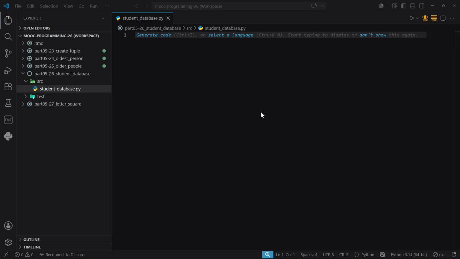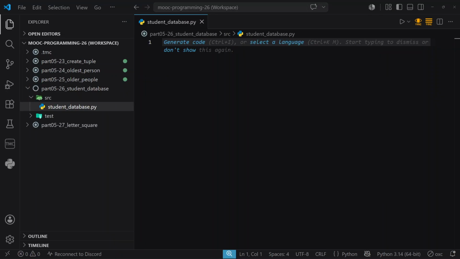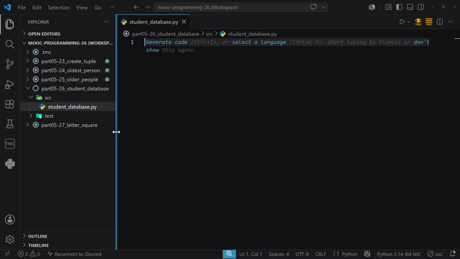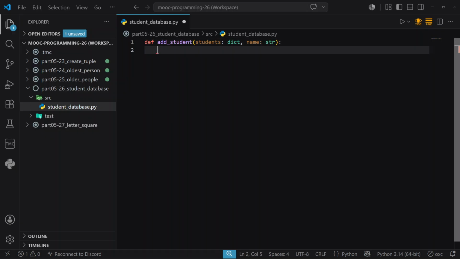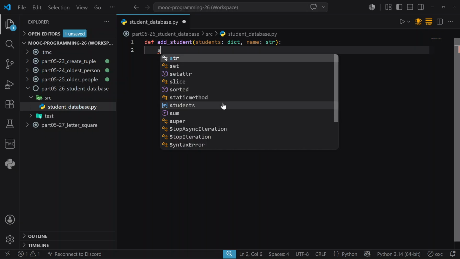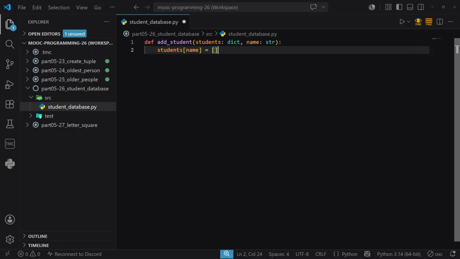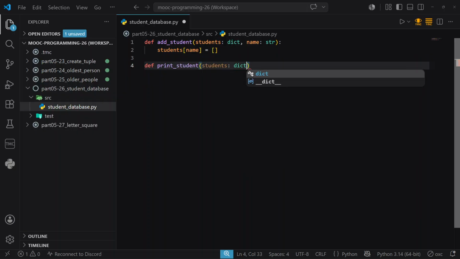Okay, so let's go to VS Code here, and I'm going to zoom in just a bit more. Hopefully everything is still legible, and collapse this sidebar just a little bit. We're going to define a function here called add student. It takes in a dictionary of students and a name, which is a string, and it doesn't return anything. All we're going to do is say students name and set that equal to an empty list, and we're going to define the print student function, which takes in a dictionary of students and a name, which is also a string. And then we're going to say if name